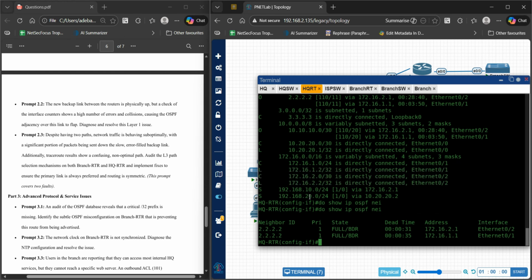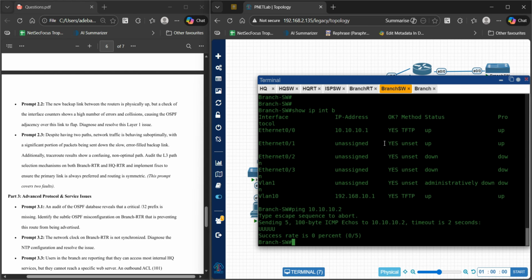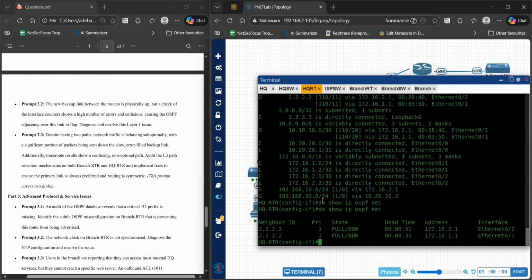20 network. Is it 20? No, I think it's 10. Let's see. What network is the branch? Oh, the branch is 10. So for it to get to this, where is that? The HQ router. Yep. For it to get to this, it's supposed to use OSPF. That's what we want it to use. But it's using a static route